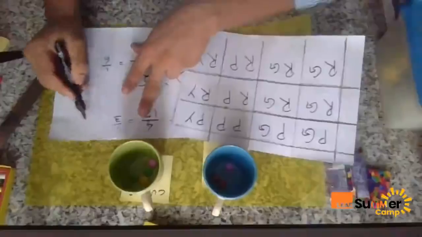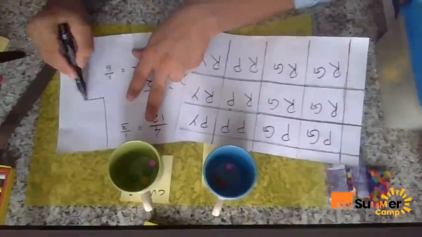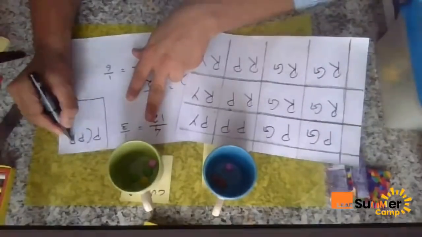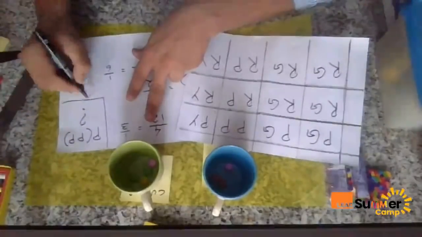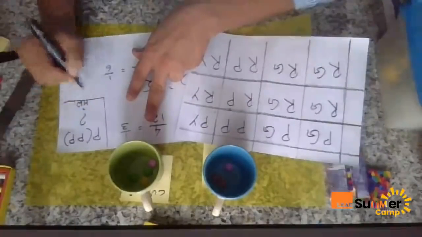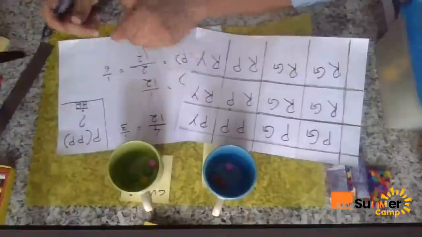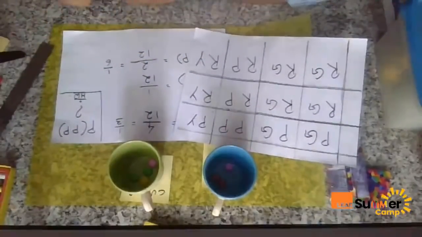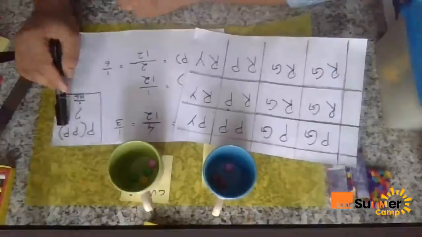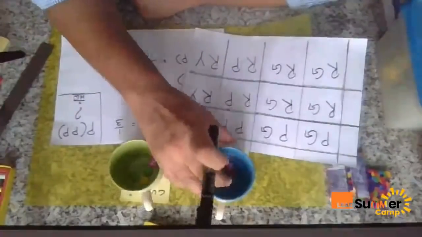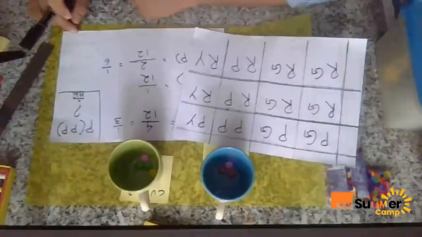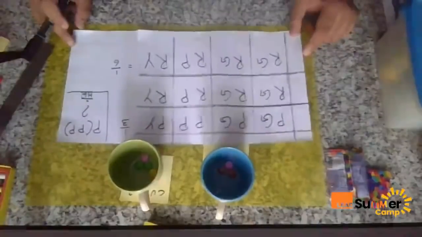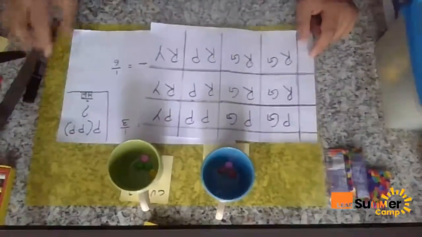Students, I want you to try to solve for the probability of getting both pinks, P and P. This is your homework. Alright? Great. So students, I hope you will be able to calculate the probability of pink and pink. That is, drawing pink from the first cup and pink from the second cup. What is the probability of that? Use your area model and you should be able to find the answer very easily.